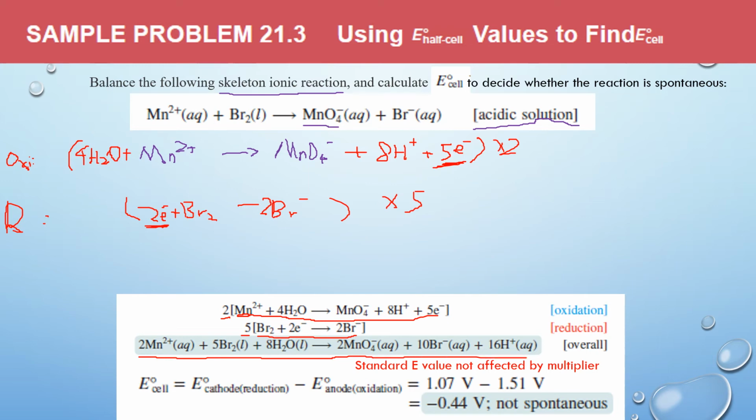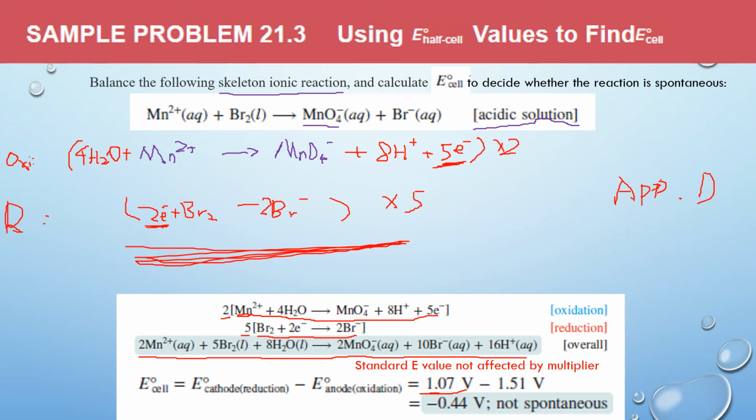Right, so using again the values provided in Appendix D, we can find the standard half cell potential for these two redox reactions. For these two half reactions, for the cathode, well, the cathode is where the reduction happens. So the reduction is this one, bromine to bromide. In the table we got 1.07, and for